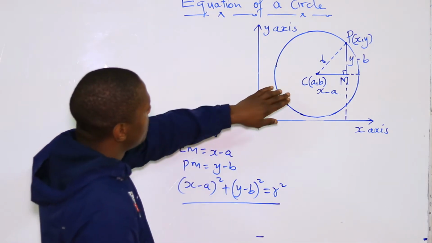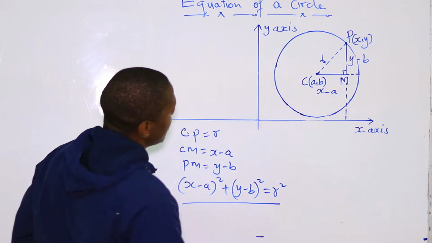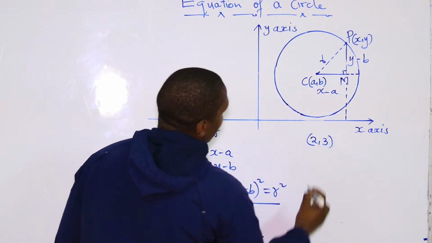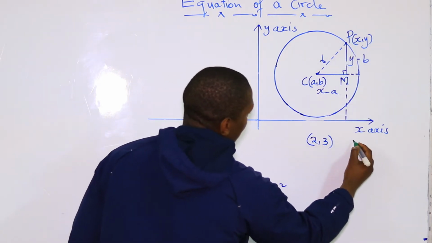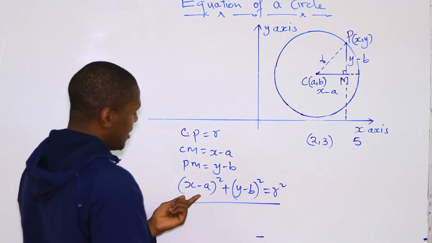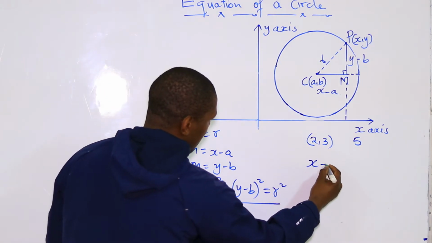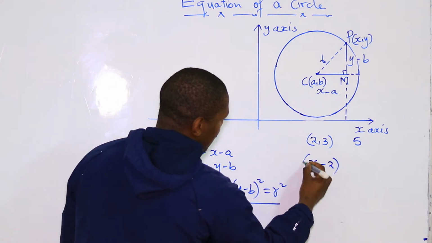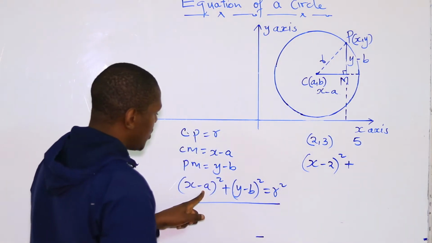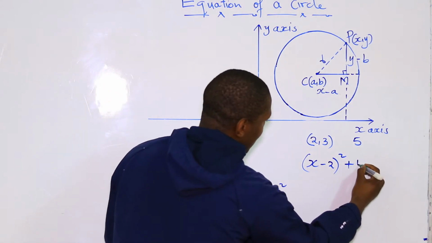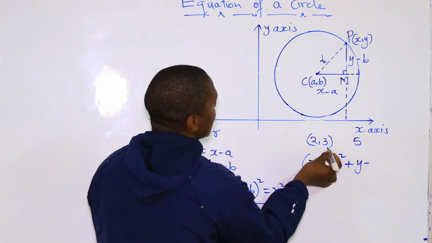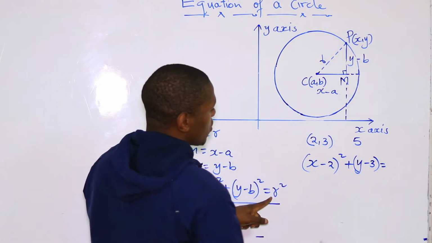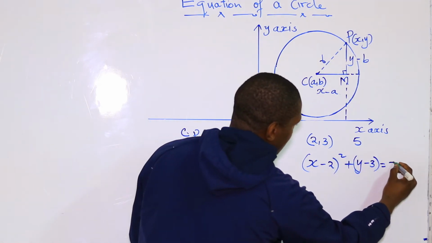For example, let's say the center here, which is (a, b), is (2, 3), and the radius of this circle here is 5. So using this equation, we will say x minus the center here, which is a. So our a is 2, in brackets squared, added to y minus b. Our b here is 3, is equal to radius squared. Our radius is 5, so that is 5